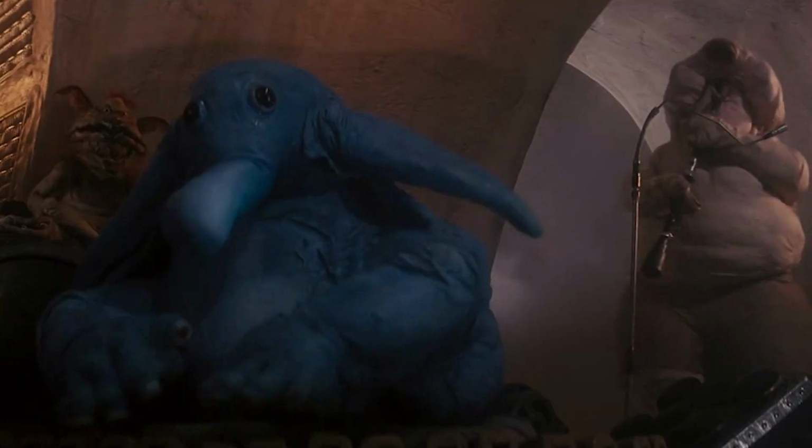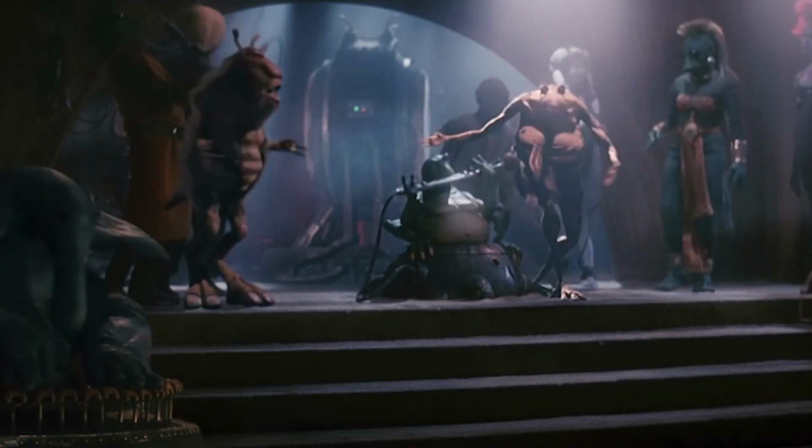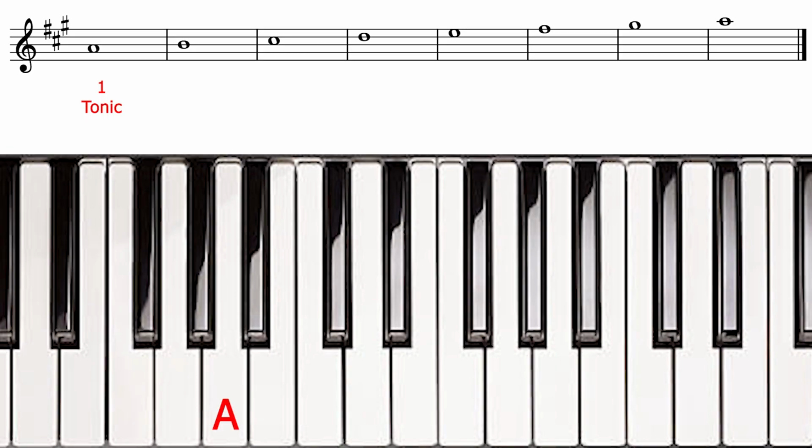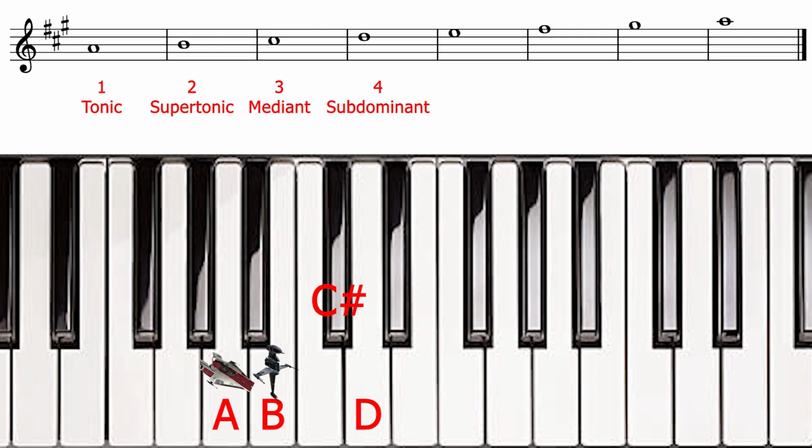If we were in A major, A would be the first scale degree or tonic, B would be the second scale degree or supertonic, C sharp would be the third scale degree or mediant, D would be the fourth scale degree or subdominant, E would be the fifth scale degree or that very important dominant note,